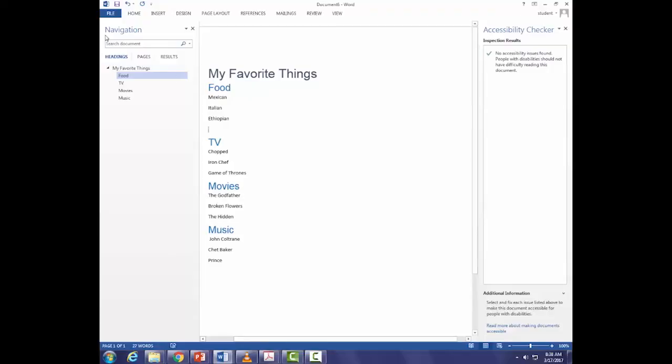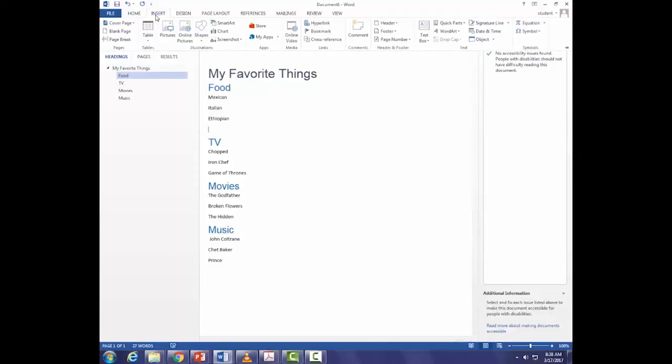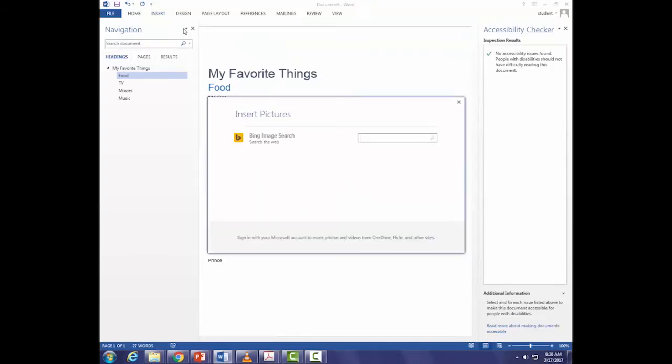Now let's go up to insert, and let's go into online pictures. If you're on a Mac, just do clip art. It really doesn't matter the image you're going to put up there. If we're on the PC, go to online pictures; if we're on a Mac, go to clip art. And just type in one of your favorite foods. Like for me, I'm going to type in tacos. You type in any food you want to. In this Bing search box, just type in a food. Doesn't matter. And then hit enter.